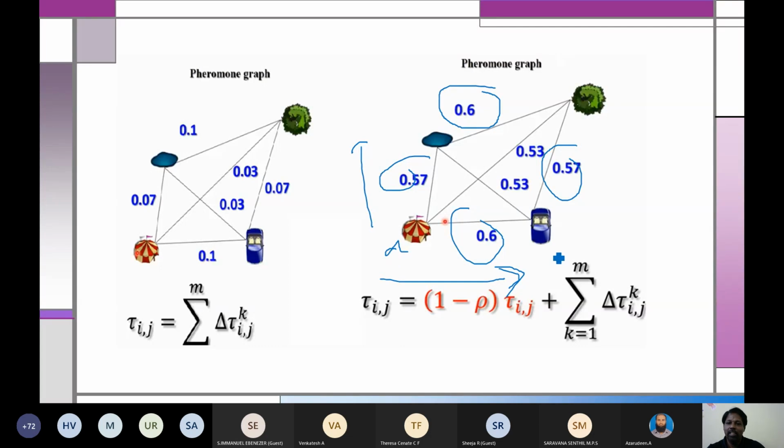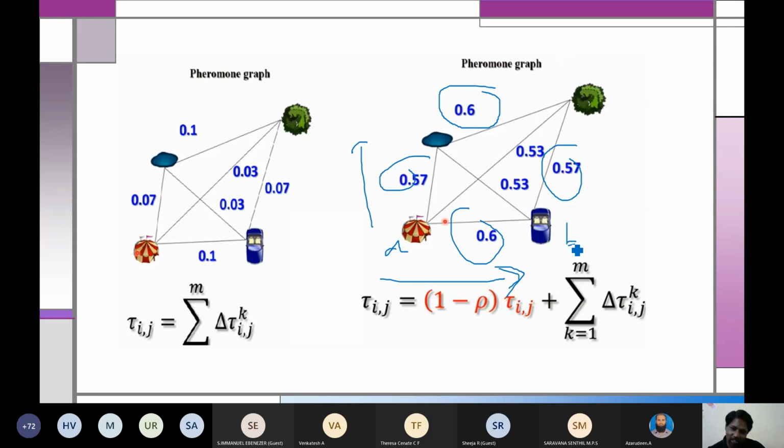But how will we do this mathematically? From seeing the graph I can understand this is the path, right? That means we'll be defining some probability, and with that probability only it will choose that path. From this graph I can understand A to B is the shortest one, but mathematically we need to do it. So we'll define some probability: if the probability is this much, you go through this path; if the probability is that much, go through that path. So the next step is to define the probability.